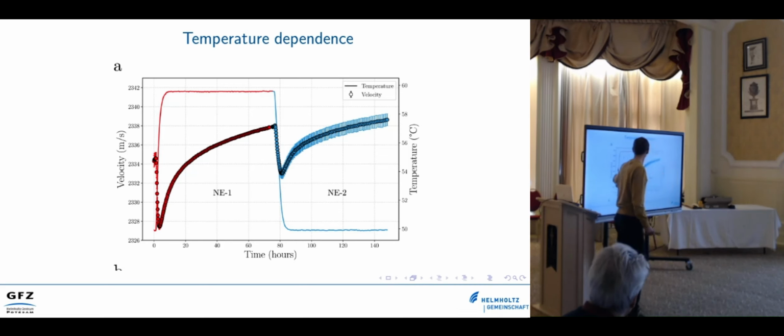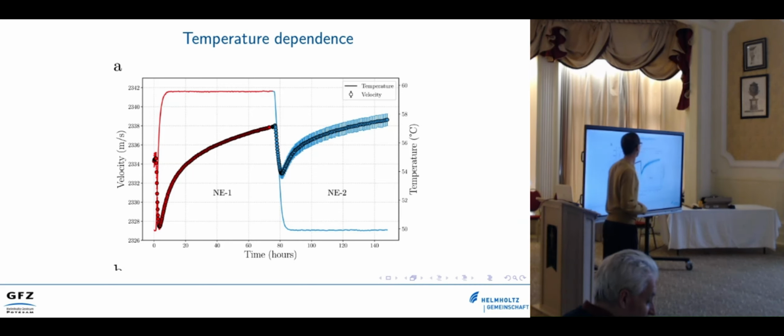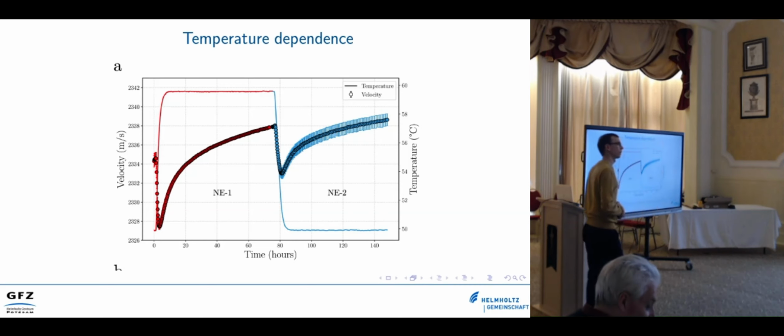So also here you see, similar to what Manuel showed, that whenever you do something to the sample, no matter what, the velocity decreases. And this is a very tiny perturbation that you put on the sample, which is just a 10-degree temperature change over a few hours, and you see this effect. And now